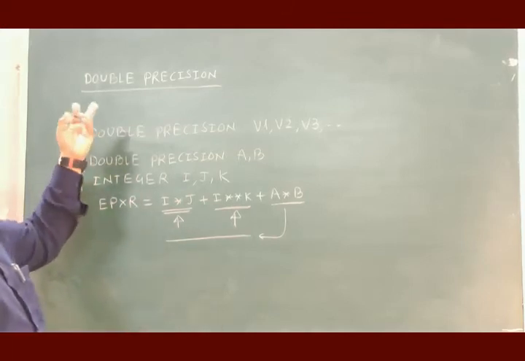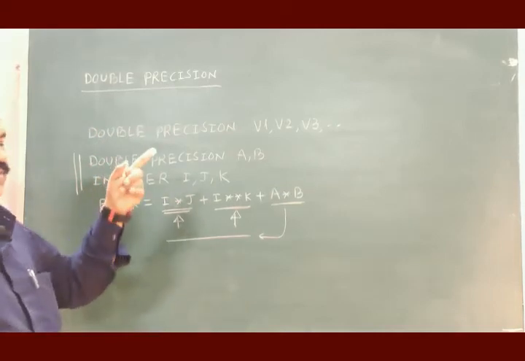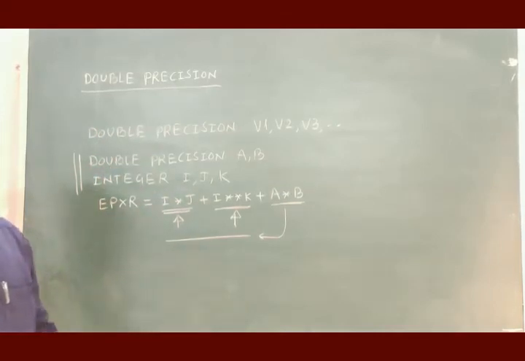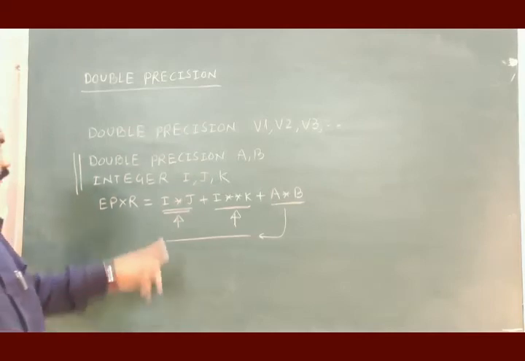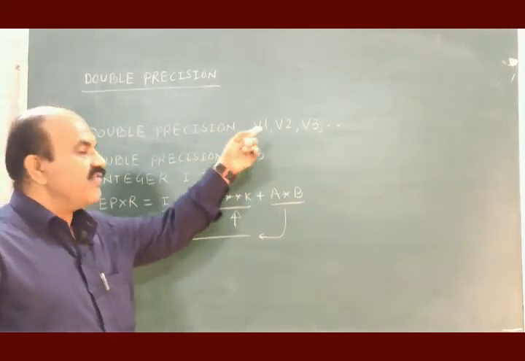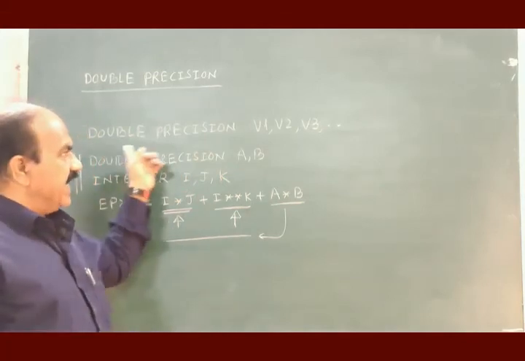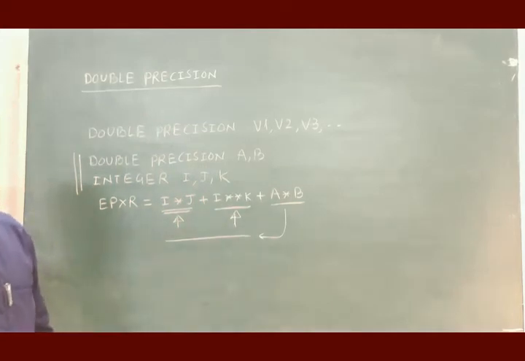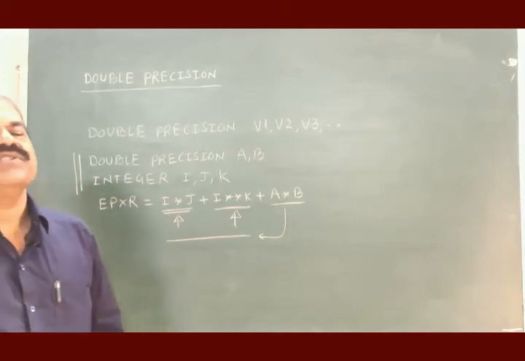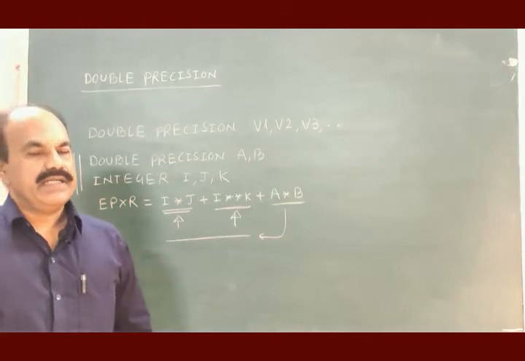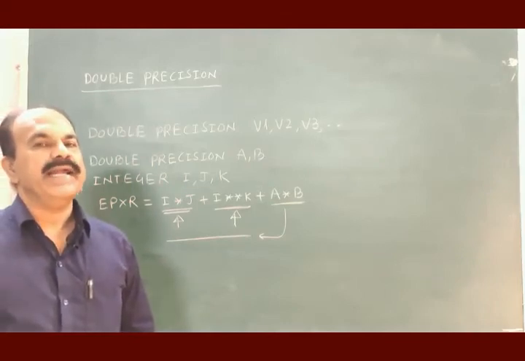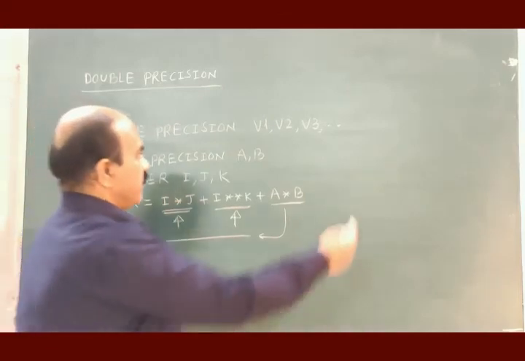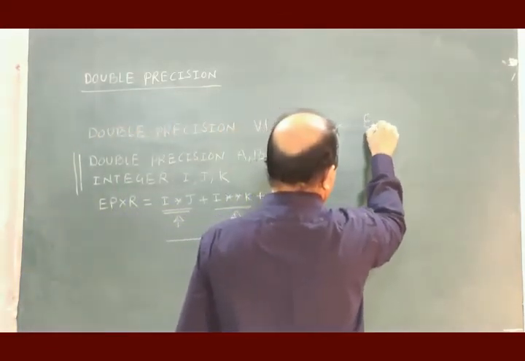After having known what is double precision, for what purpose it is used, what is the need of double precision, what is the syntax or general format and its explanation, and a simple example to understand double precision arithmetic, two more things we have to do for double precision: the exponent form and the D form.